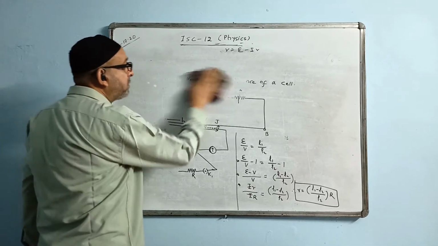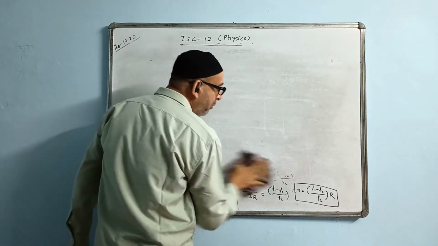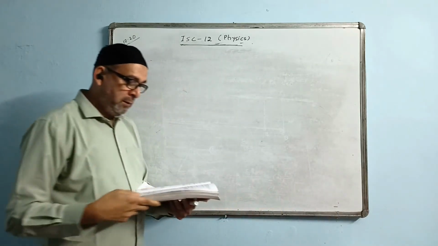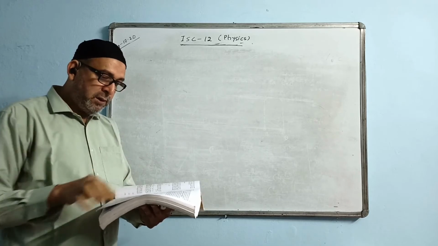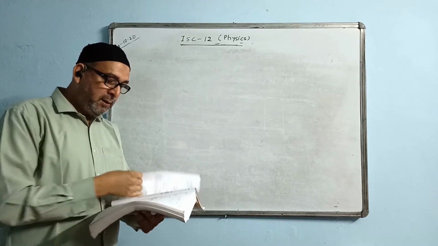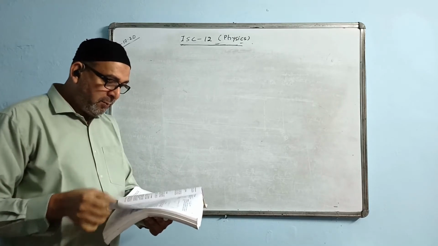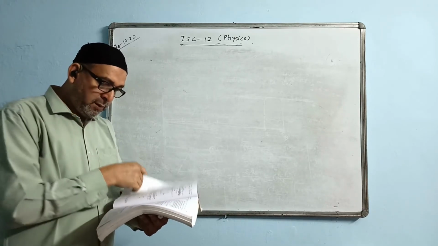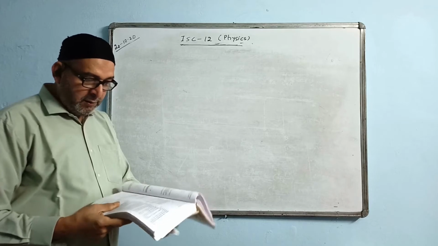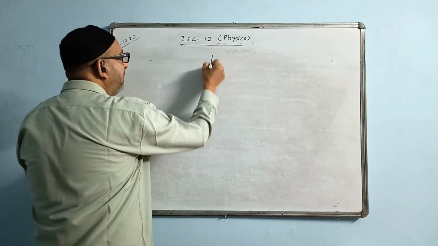Now we will be doing problems on potentiometer. I already gave you the idea. So now we are doing some numerical problems on potentiometer, which came in the past and which are likely to come. They may ask you to just find the potential gradient. I already showed you how to calculate potential gradient. We are doing some numericals now. I see one question, and it is quite simple. It was given like this.